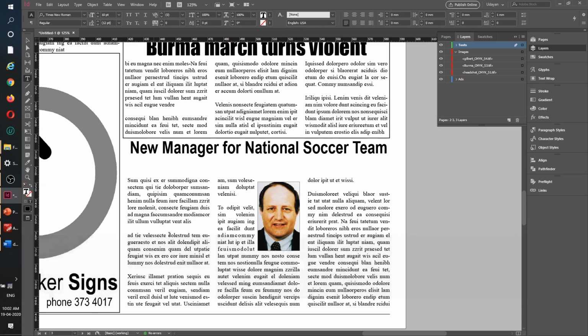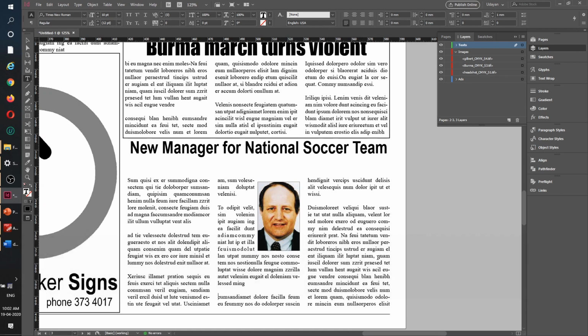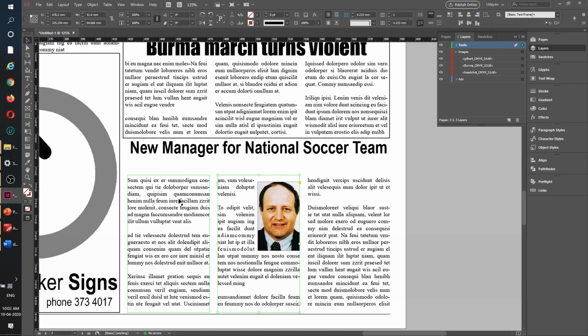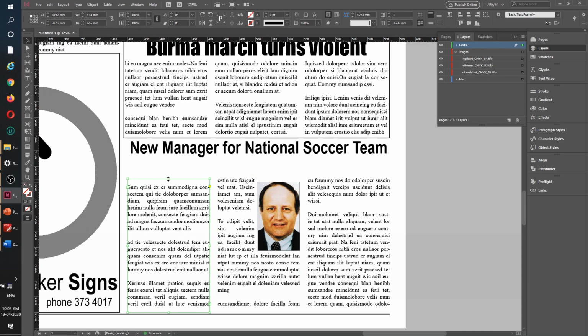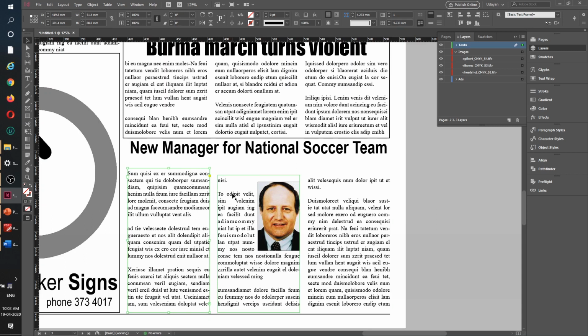Just for visual purpose we can divide it something like this. This is how normally a newspaper page should look like, and this one will also be broken somewhere here. Okay, please understand this is done totally whimsically. There is no logic in the way I am doing. Reason being, I have no clue of the real stories, but in real life we never do it this way. Never do it this way. We will always be having a story. We will have to read the story, figure out what works best.